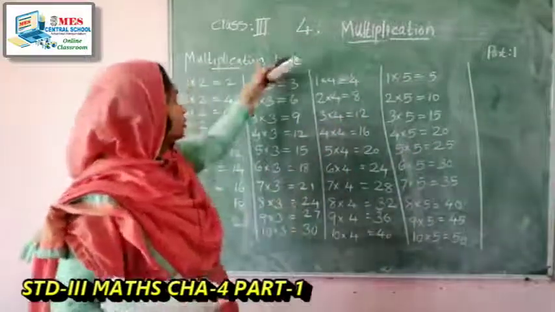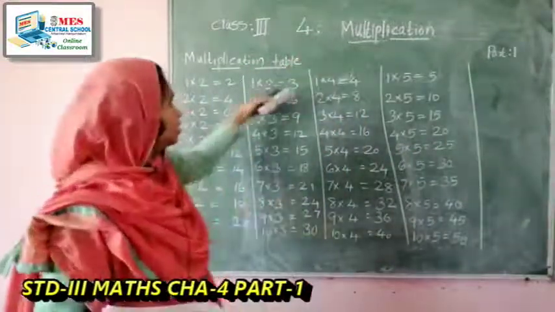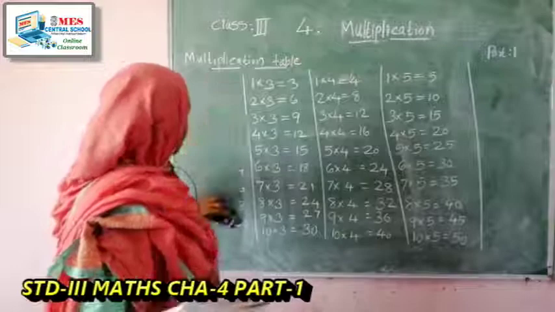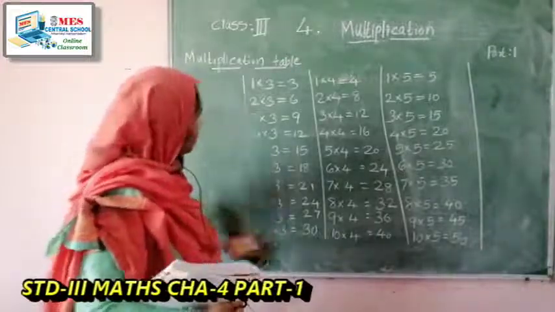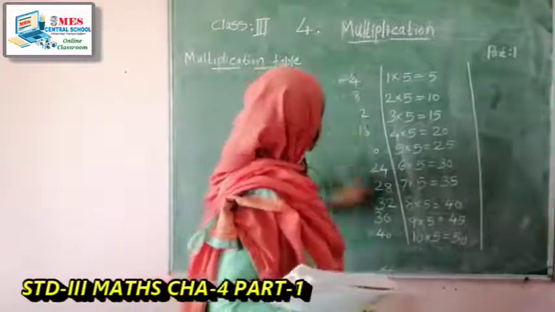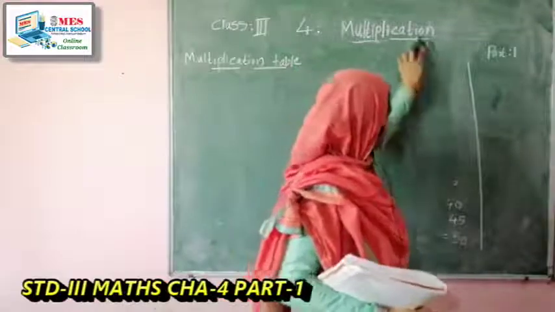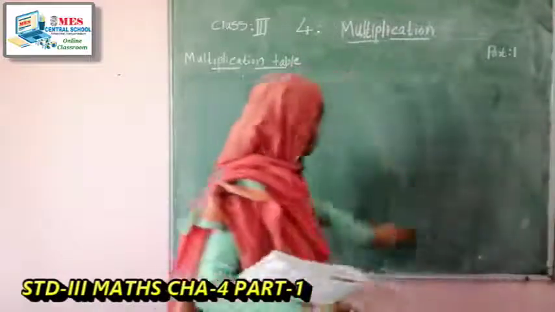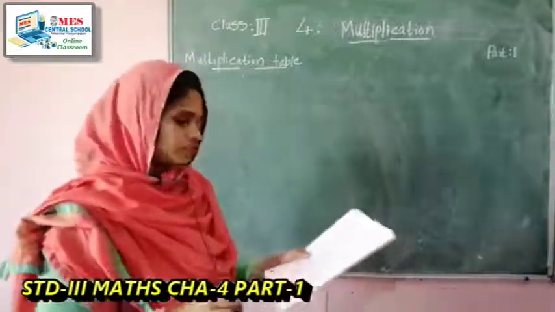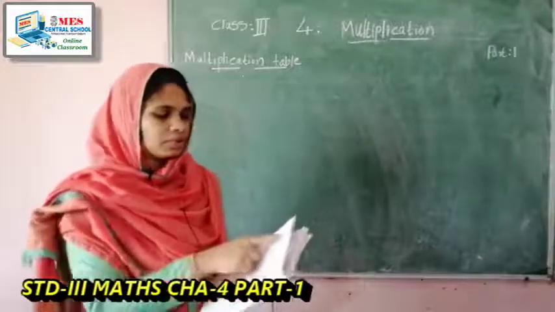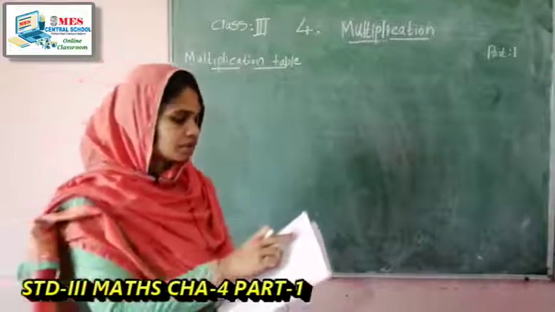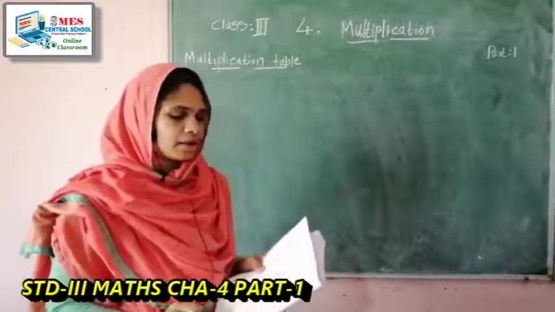First you write chapter 4 multiplication and write all the tables 1 to 10. Next we are going to study table of 6. In your textbook, page number 60, take all of you. There is an activity page for making table 6. Build the 6 times table by counting the leaves.